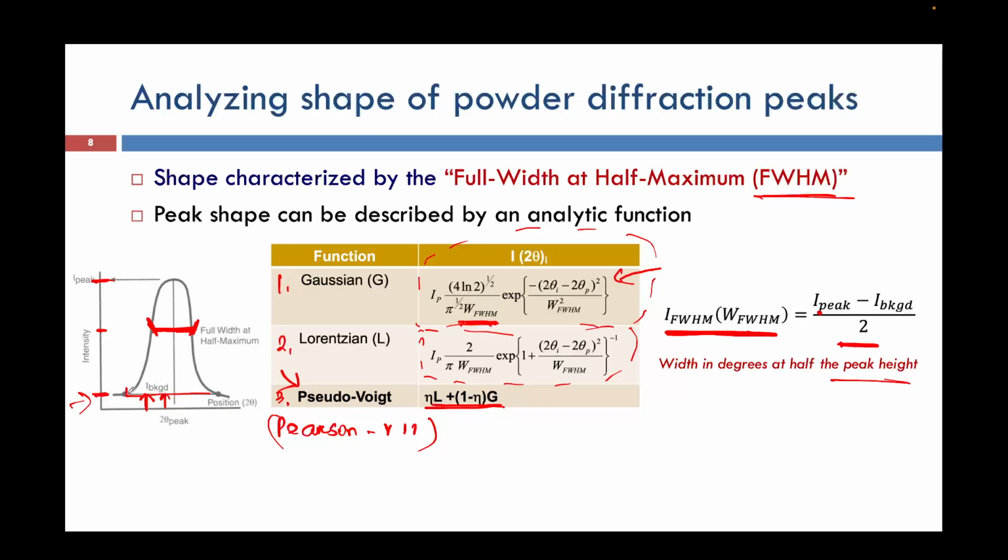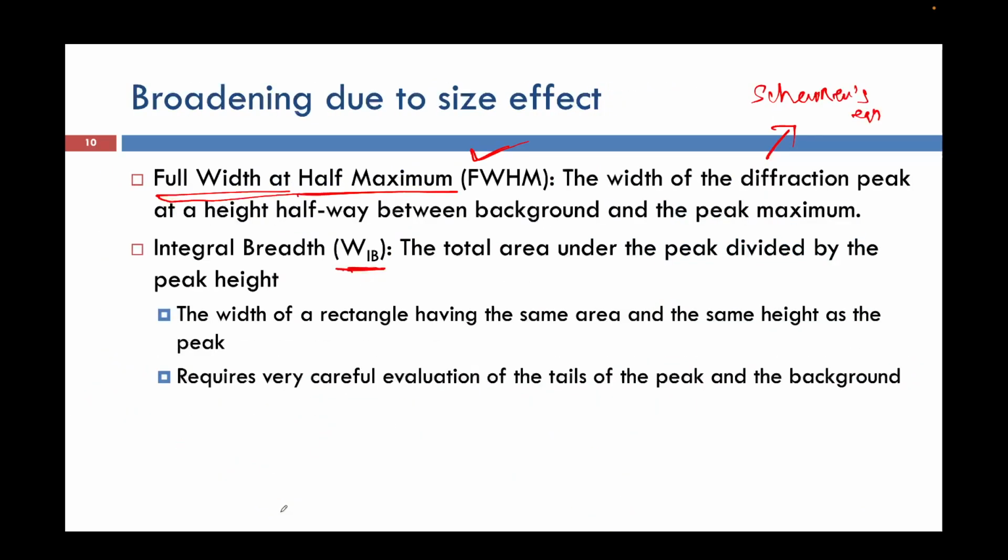And even if we remove the complete background, we cannot say for sure that this point and this point will stay in a single line. There might be a peak which will come like this a little bit. Then in that case, which one will you consider as the background? Considering all these confusions, people thought that instead of putting FWHM, that means the Scherrer's equation, into effect,